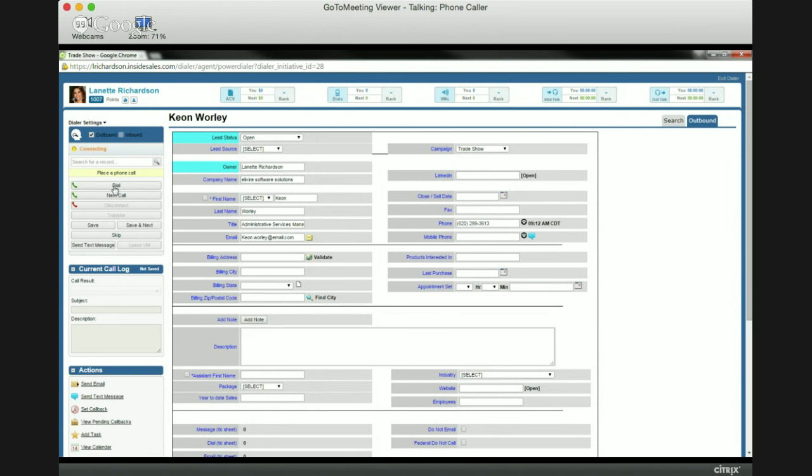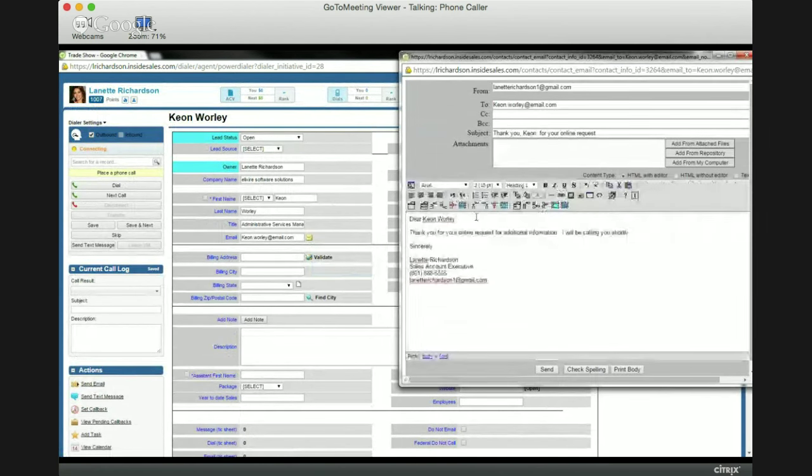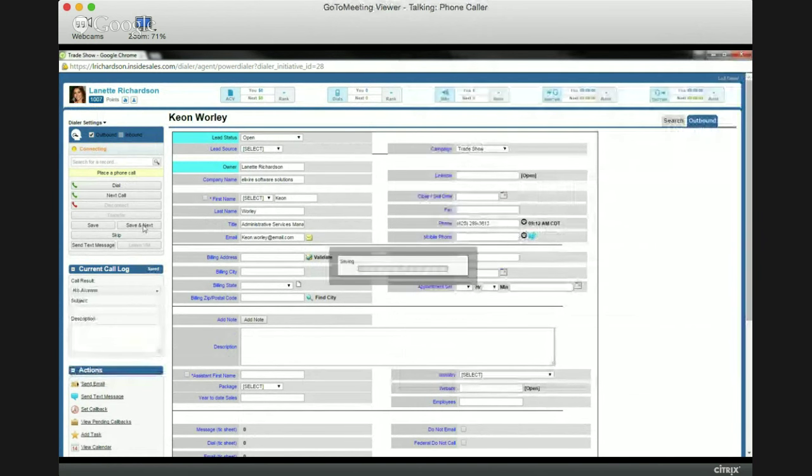Okay, so I'm ready to dial on lead number 2. I'll click dial. Let's say Keon Worley does not answer either. I'll just click disconnect. Maybe I don't want to leave a voicemail this time, but say I want to send an email. So now I'll just click this little email button. I'll choose an email I want to send. I click on that. Now I have a picture perfect email that I can send. I can edit it if I want. I don't have to though. And all I have to do is click send, log the call very quickly, and now I'm on to call